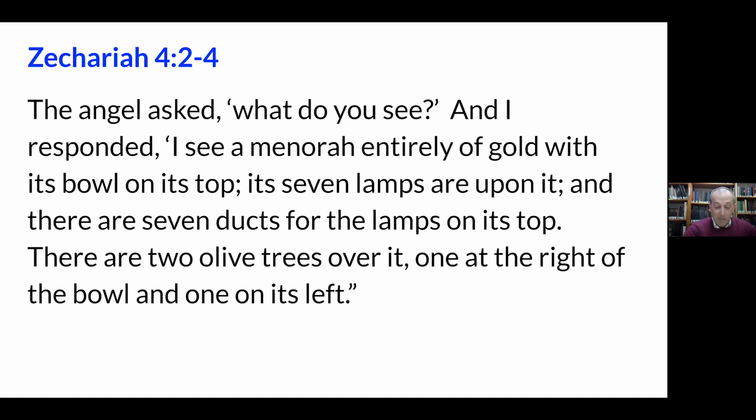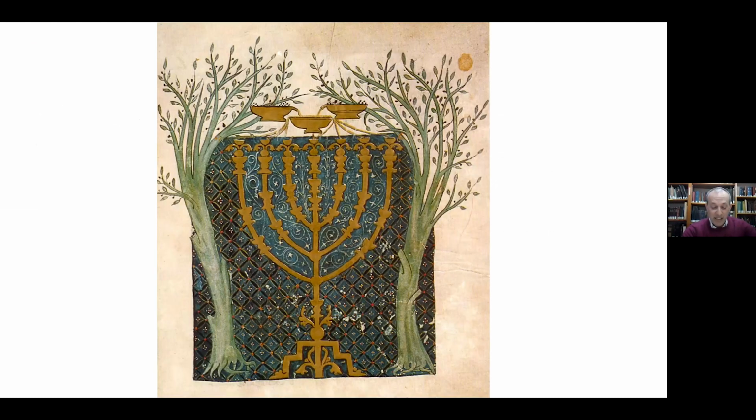And so, lo and behold, we have this beautiful manuscript from Spain, 14th century Spain, circa around 1300, in which we have this illumination that is directly connected and based on Zechariah's words. There we have the lampstand, the menorah in the center, the bowls of which Zechariah speaks, and of course, the olive trees growing on either side, right? The source of the oil that will be used to kindle the menorah.